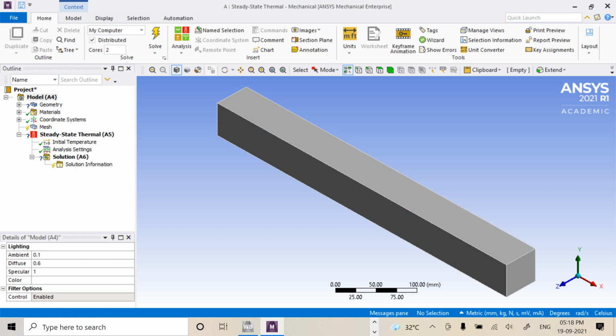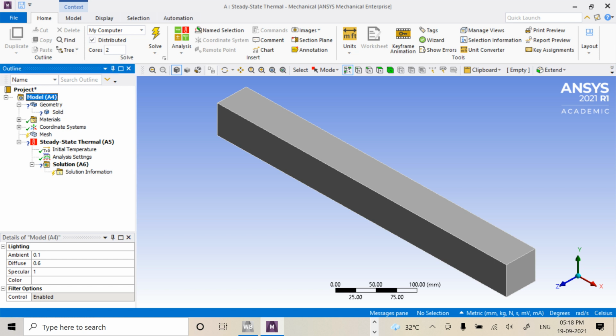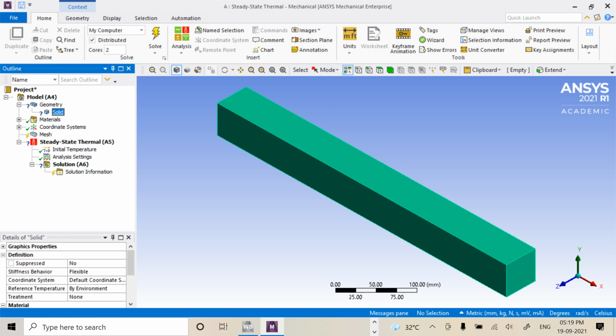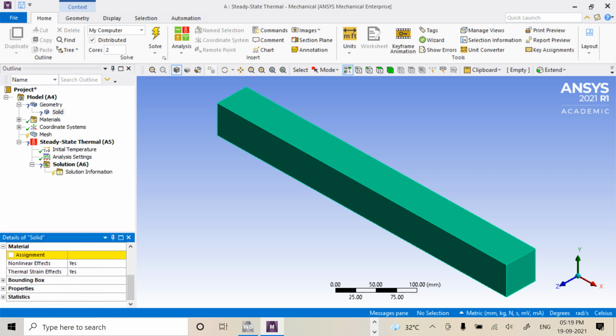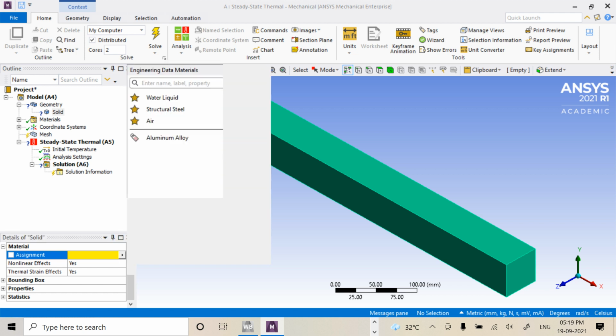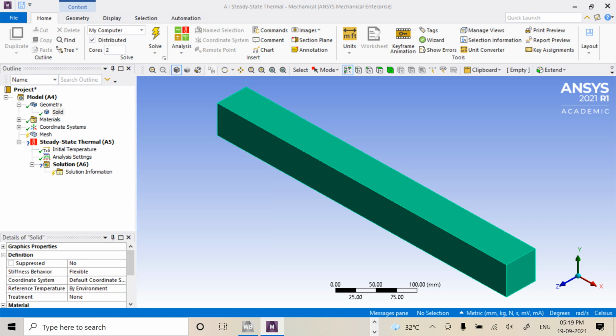Here we can see that once we click on geometry, it is showing a question mark over here. That means the material has not been defined for the geometry. So we have to click on solid, bring it over here. Our assignment is there. We click on this arrow and choose aluminum alloy. Now it shows a tick mark showing that it has been completed.